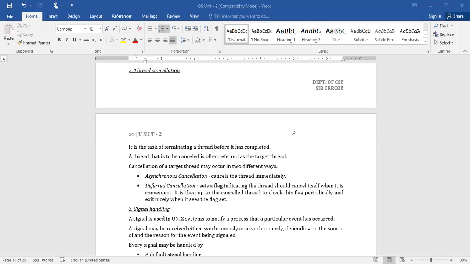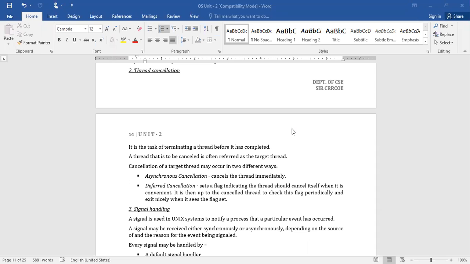It is the responsibility of the thread to terminate after completion of the task. Because, as I told you at the very beginning, about the responsive nature, whatever task has completed its execution will produce the result. Without terminating, it won't produce the result.